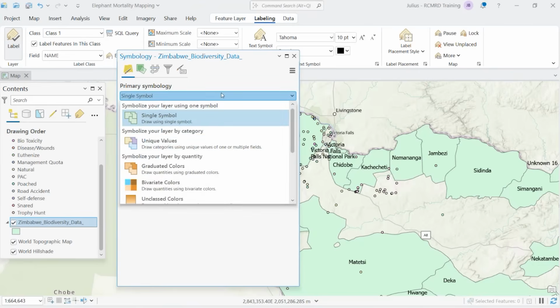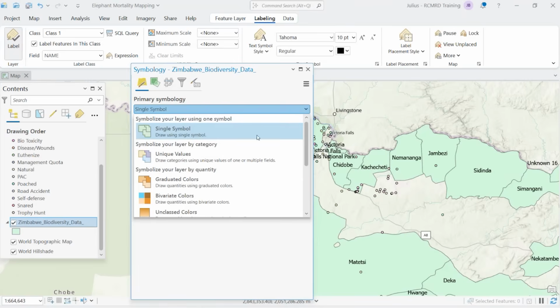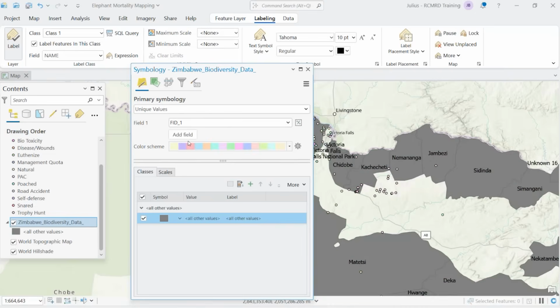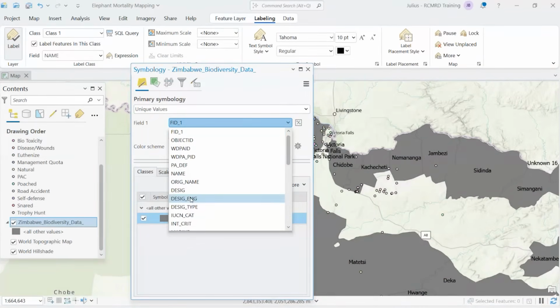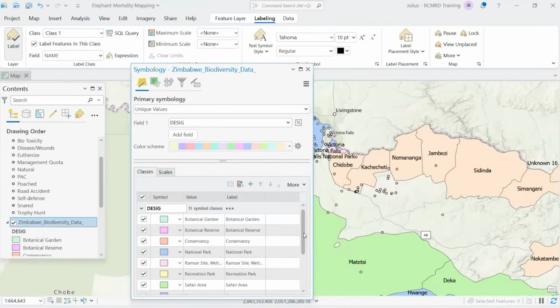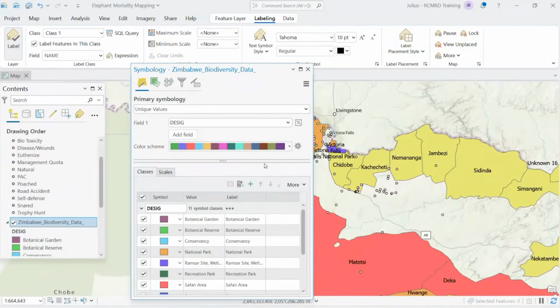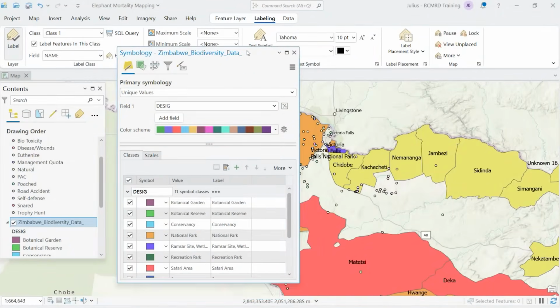So I'll select on the symbol selector, just to the right of the single symbol, I'll click the drop down and select unique values. And the field that I'm going to use to symbolize this data is designation. Select it. I want to change the color ramp. Of course, you can play around with the color ramp to select how the different subcomponents of the designation will be